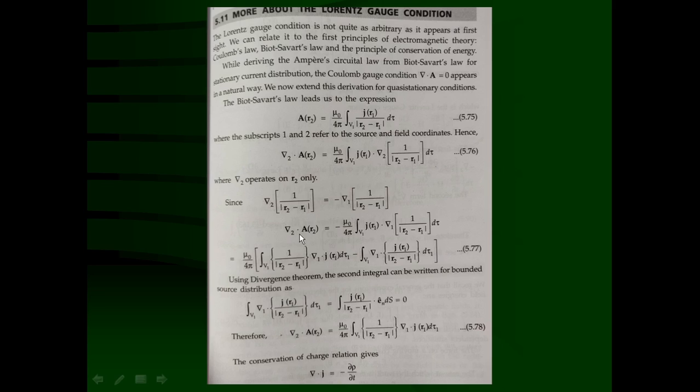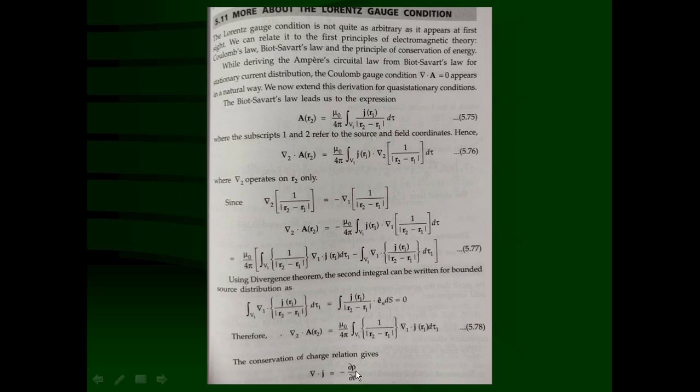And hence this equation 5.77 is reduced to del 2 dot A(r2) equal to only the first term: mu 0 upon 4 pi, the volume integration of the scalar quantity 1 upon |r2 minus r1| into the divergence of del 1 dot J1 d tau. So the divergence of J is nothing but the equation of continuity. We can replace this using the conservation of charge: divergence of J is equal to minus del rho upon del t, where rho is the volume charge